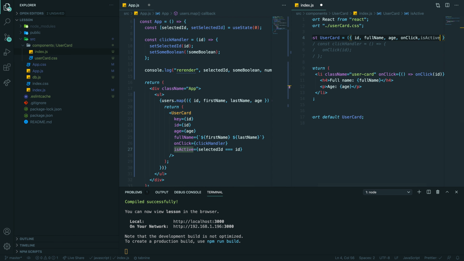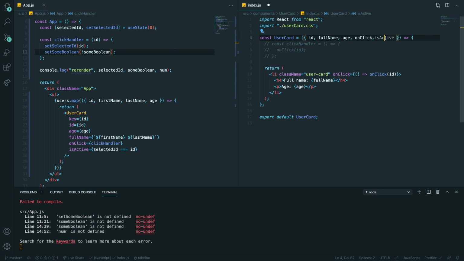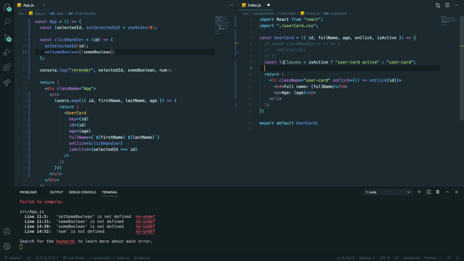I will add another prop, isActive. And here, let's say, I want to create a variable for classes. If it's active, I want to have user card and active, else I want to have just user card. So we are basically building a string. And then, if I want to use my variable, I just use curlies and the variable.